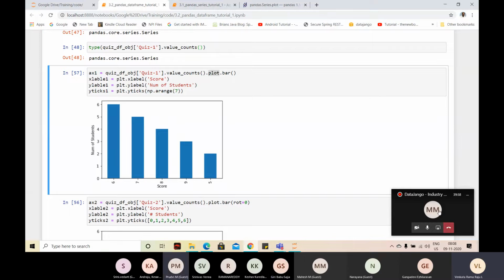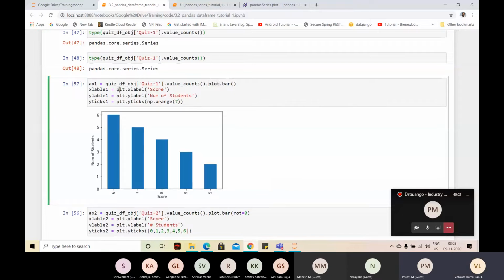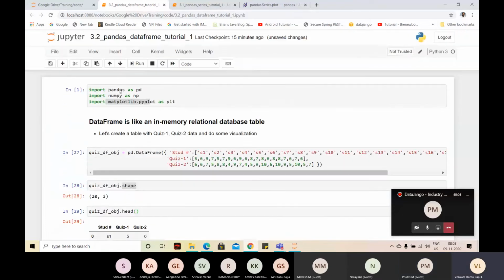Yeah, Rama, this object PLT, where did we define it? Yeah, that is Matplotlib. That's a good point. Matplotlib is a module which is inspired by MATLAB. I don't know whether you know it or not. Generally, in AI,